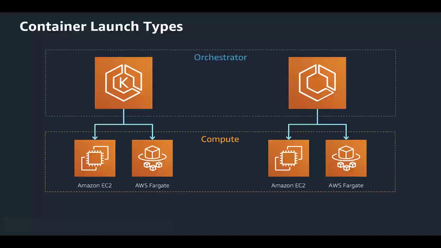Fargate allocates those resources when each container starts up and reclaims them when the container stops. Each container running on Fargate has its own isolation boundary, and doesn't share an OS kernel, CPU, or memory with any other container. You can actually mix and match EC2 and Fargate compute in a single EKS or ECS cluster. So you can specify that some containers should run on Fargate and some should run on EC2.